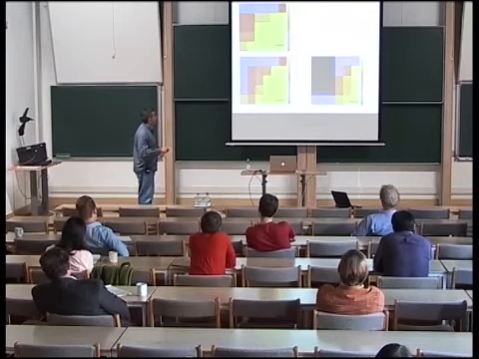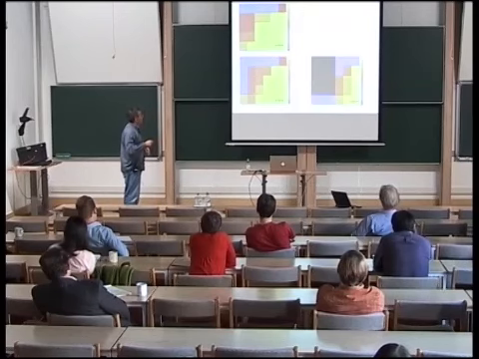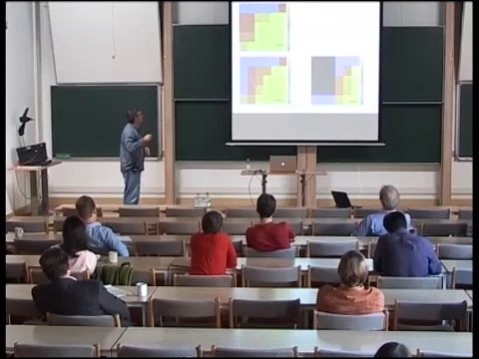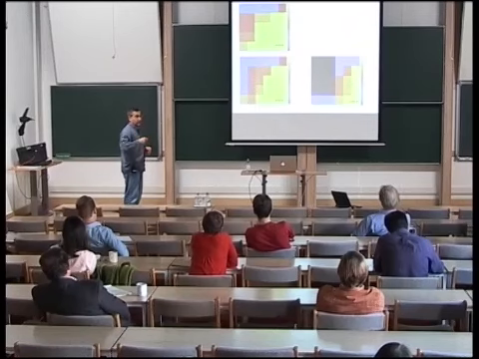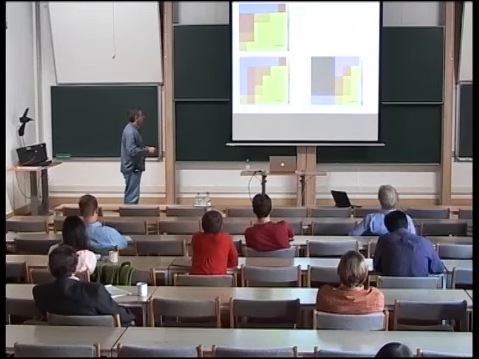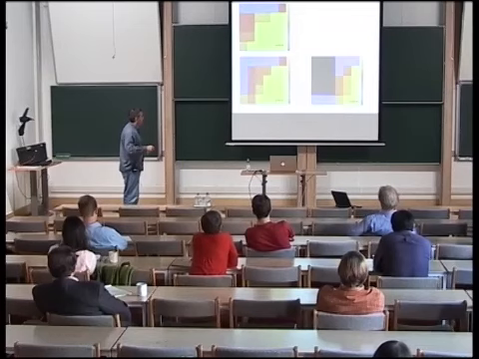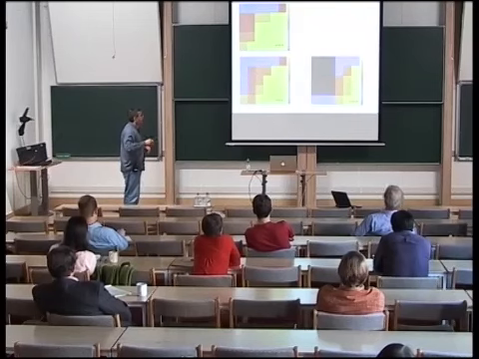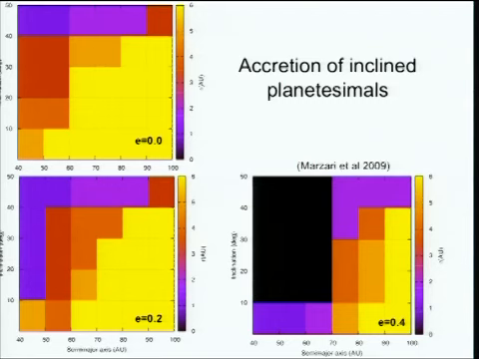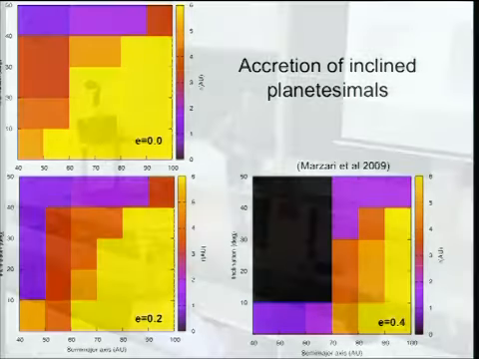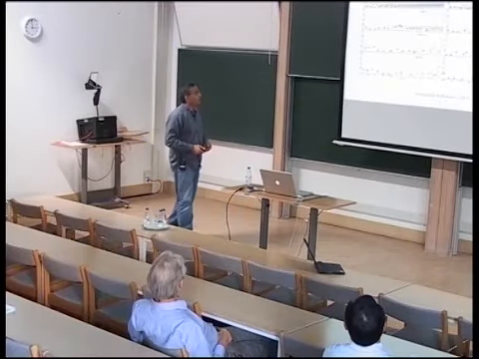What Marzari et al. are showing here is that for no eccentricity, this region is accretion friendly. That's the region where accretion is no good. And you see that as you go farther away from the primary, you're in better shape to accrete planetesimals. The accretion zone becomes smaller and smaller as the eccentricity increases, especially for the different inclinations. For higher inclinations and high eccentricities, you basically don't get anything in the vicinity of the star. And they said that if you have high eccentricity binaries with high inclinations, the accretion-friendly zone goes beyond 70 AU.